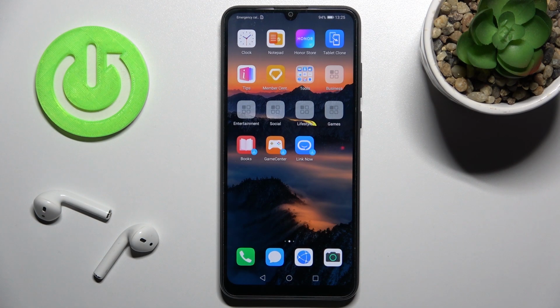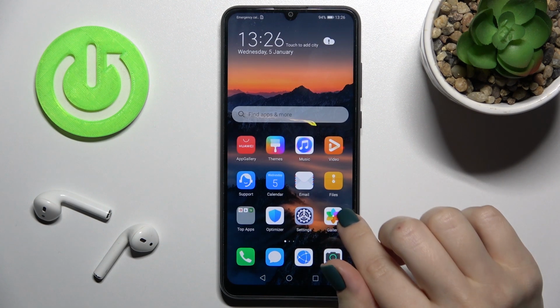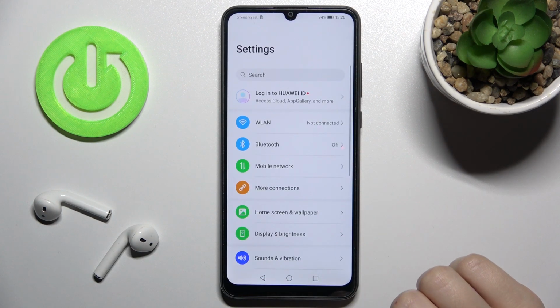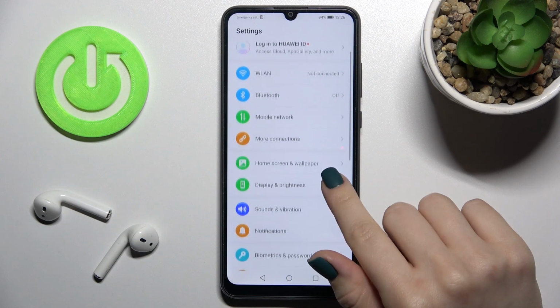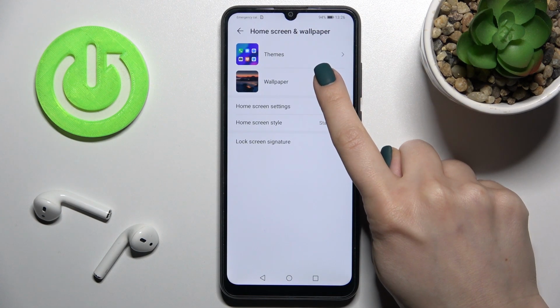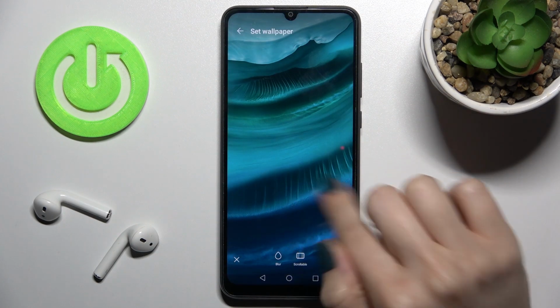Welcome, today in front of me is the Honor 9A, and I'll show you how to change the lock screen wallpaper on this device. We've got two ways. I'll show you both, and for the first one, you should go to the settings and now just tap here on the home screen and wallpaper. Here tap on the wallpaper section and select one from these